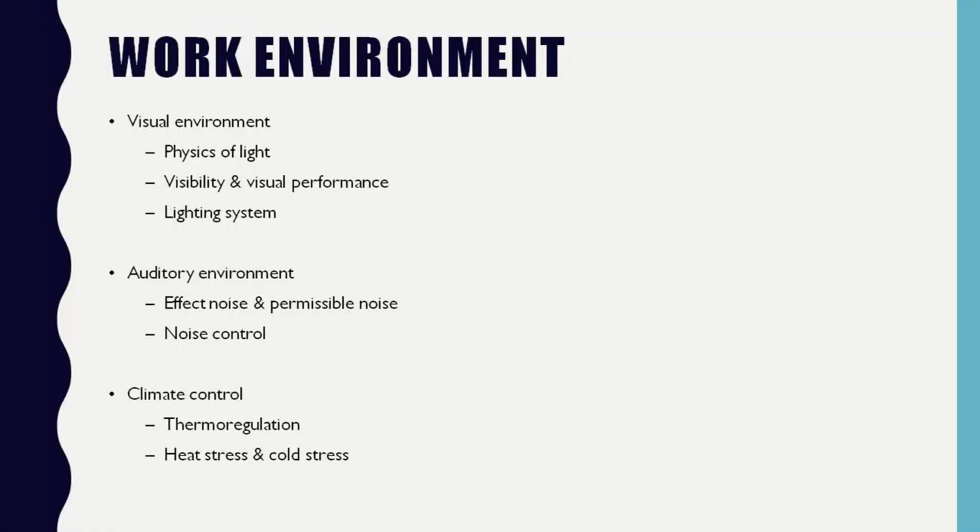In that work environment, we have discretized it into three aspects. First is the visual environment, second is the auditory environment, third is climate control. In the visual environment, we will discuss the physics of light, visual performance, visual acuity and other defects also. The lighting system: what the proper lighting of a particular environment should be in order to have a better working